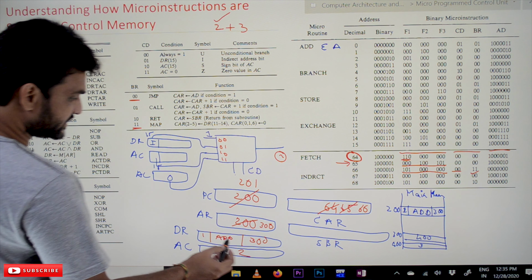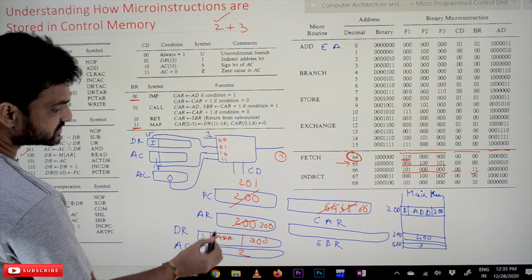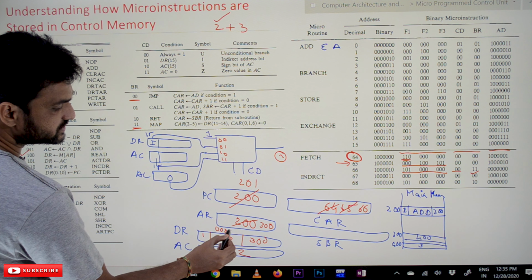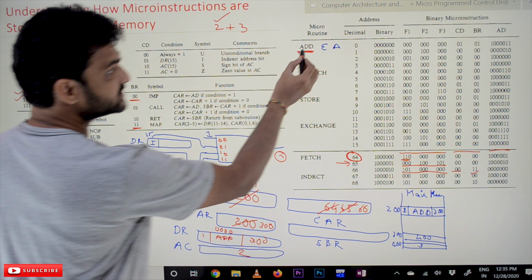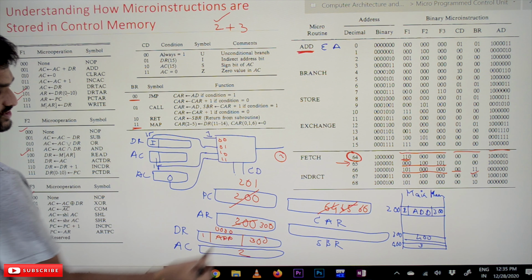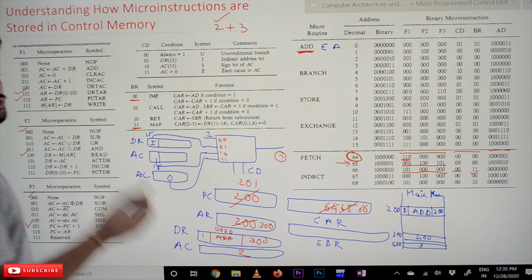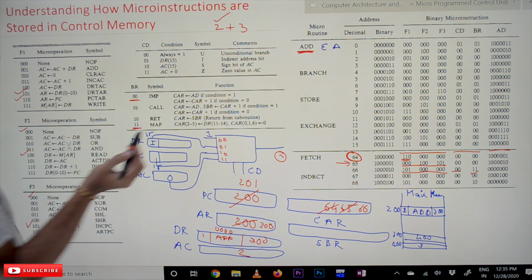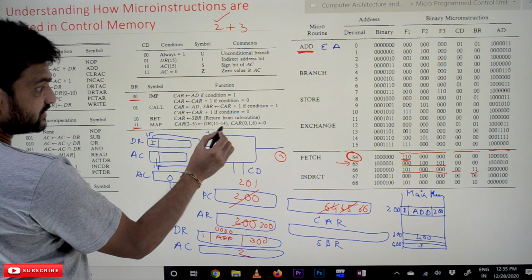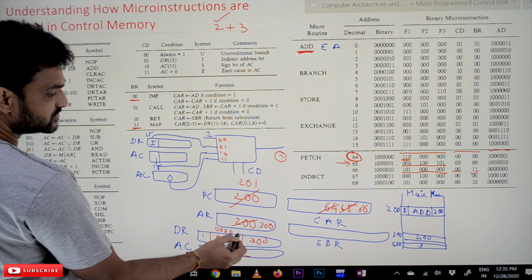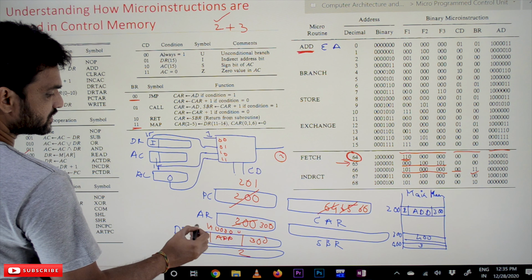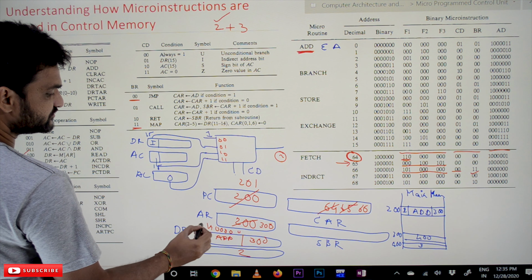The data register consists of the opcode, which for add is 0 0 0 0. How has the mapping to be done? The mapping takes the 11th bit to the 14th bit in the data register. So this is 11 to 14, this is 15, and this is 10 to 0.